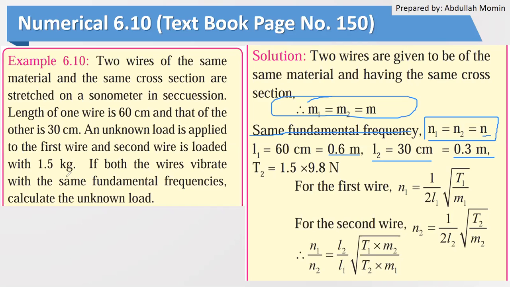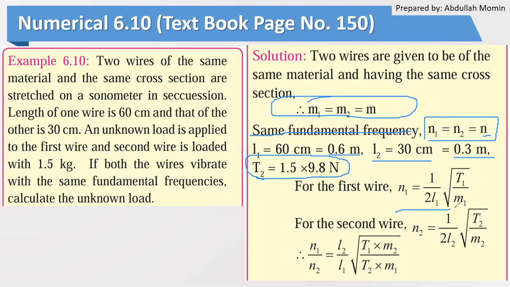And the tension is given in kg. So in order to convert this into Newton, we will multiply it by 9.8 and that will become in Newton. Now for the first wire, we can write N1 is equal to 1 upon 2 L1 root T1 by M1. And for the second wire, we will write N2 is equal to 1 upon 2 L2 square root of T2